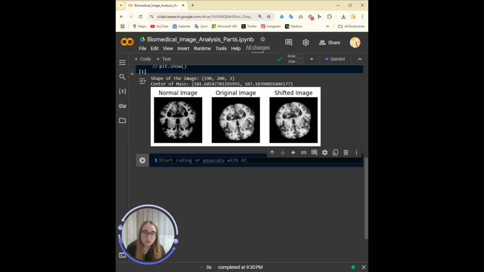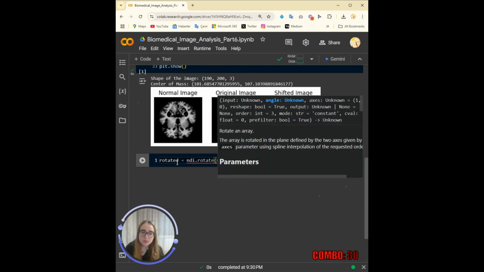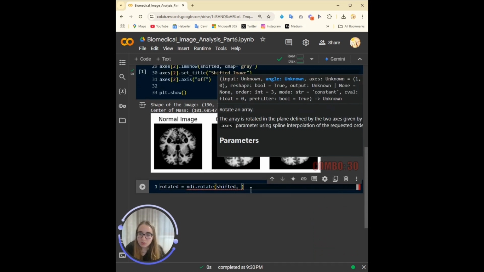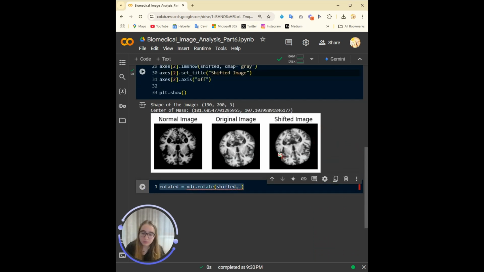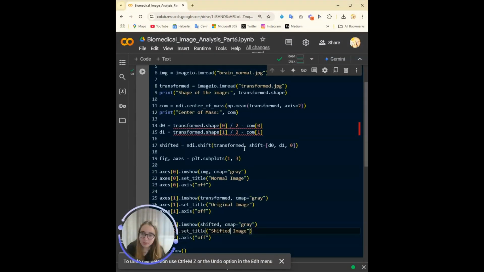So let me show you how to rotate it, which is also really simple because we're going to call ndi.rotate, and I'll just rotate the shifted one. Or I can do it here basically. I think that's better.